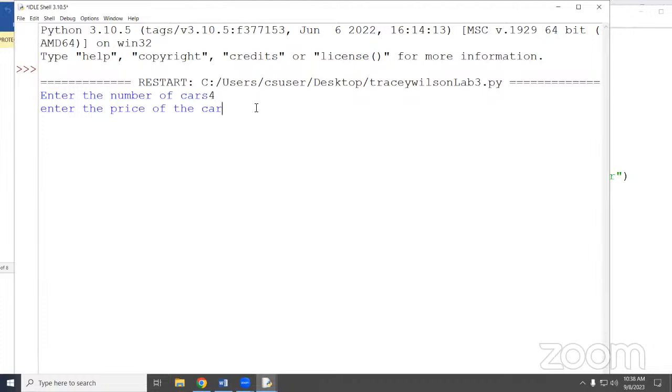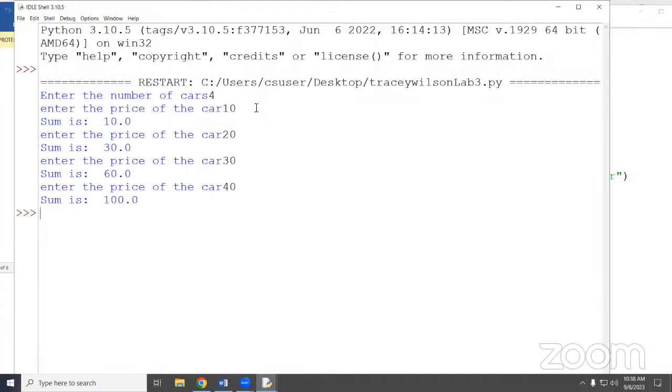And we're going to put in one. They're going to be cheap cars. So if I leave the print statement indented in, every time I enter a car, it printed. And I don't really need that.